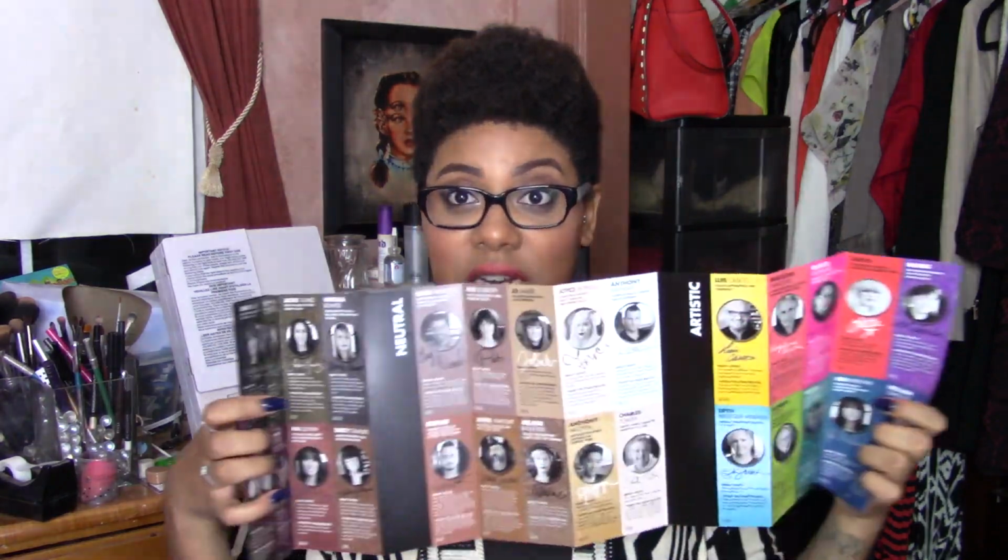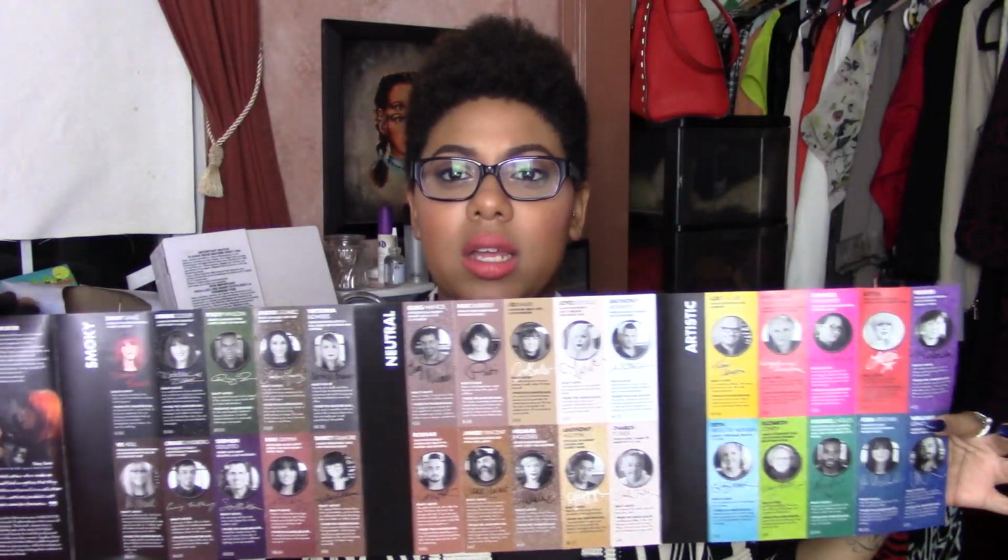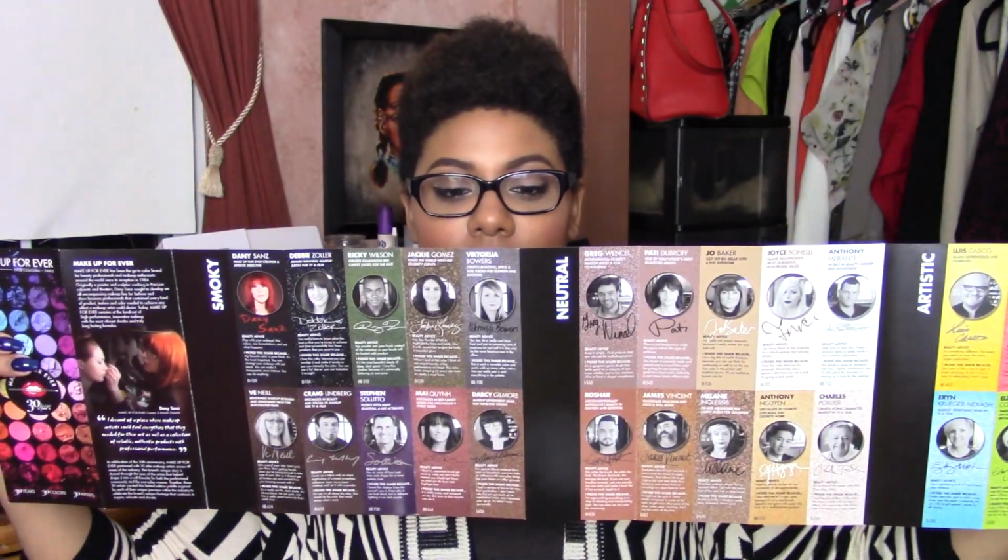So, first and foremost, how did the palette come to life? There's this awesome packet that you get with it. Look at this. These are all the colors. So these are all the cool colors. Okay, just to name a few of the amazing makeup artists that are in here, for any of you that follow a lot of the artists in the industry, we have...